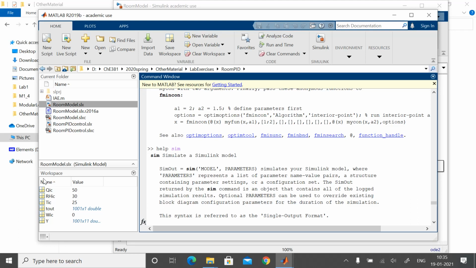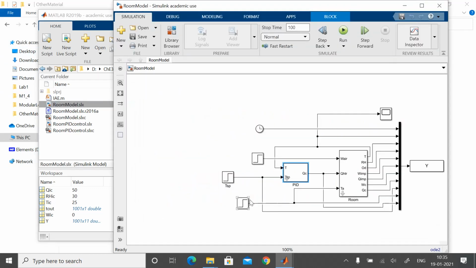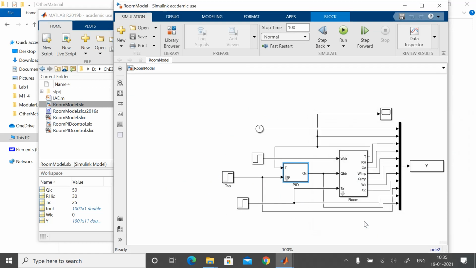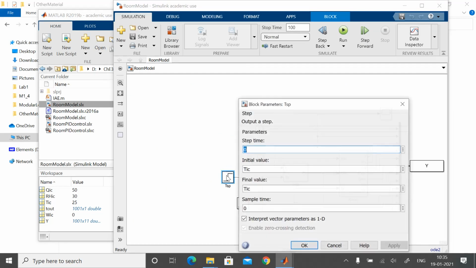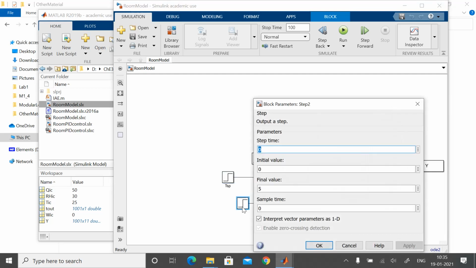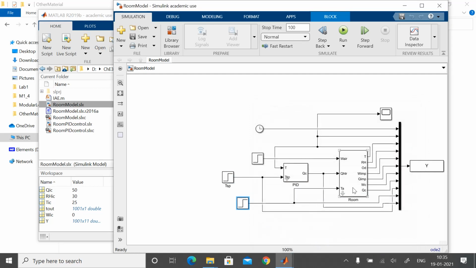So let's say what we want is to minimize the integrated absolute error for the regulator response. Regulator response is a 5 degree Celsius change in the ambient temperature. Okay, so let's just say this is what we want to minimize the integrated absolute error for, with